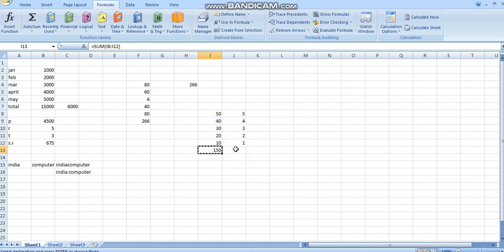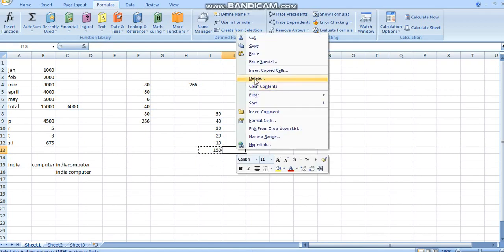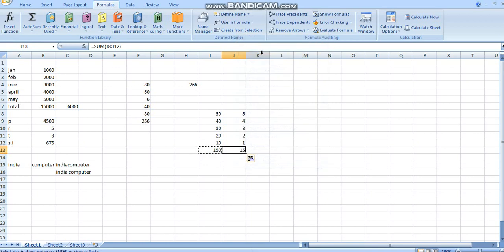When I paste here, I'll right click and paste. 150 didn't get copied. For the answer 15, the cell formula got copied. At the sum point here, it is equal to sum I18 to I12.